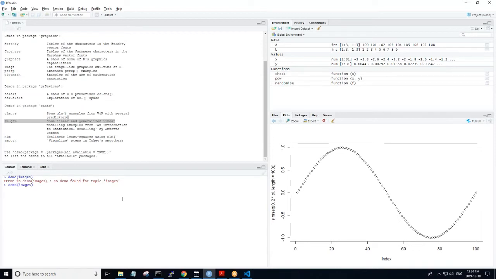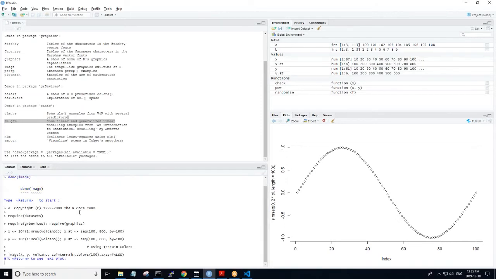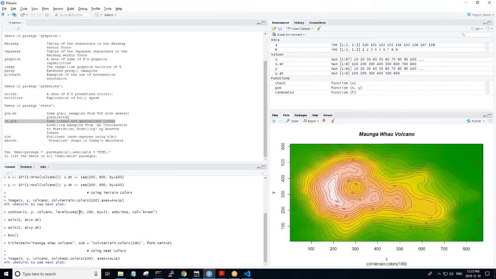Image, not images. Now if I look at the various kinds of images we can get, there are various kinds of heat maps.